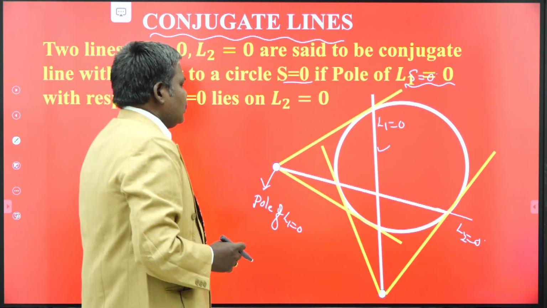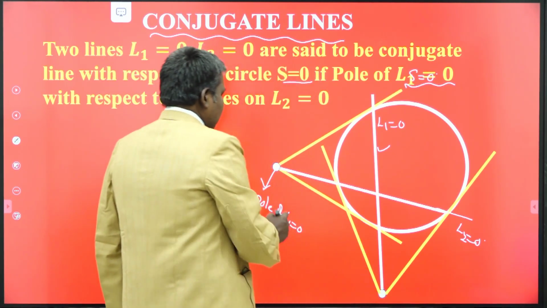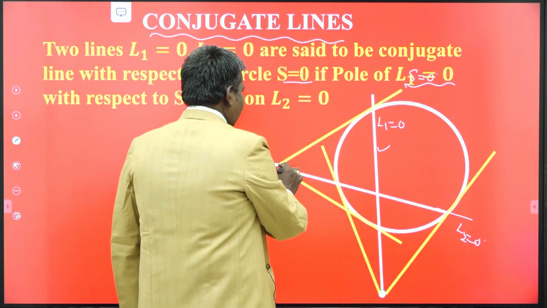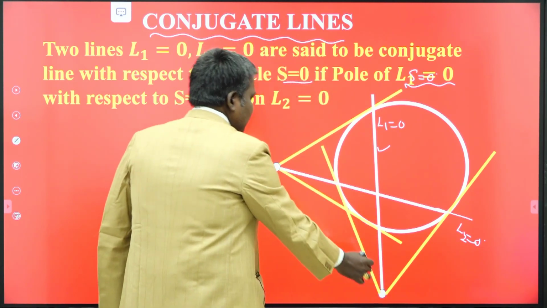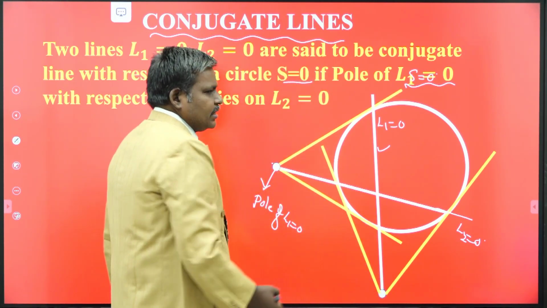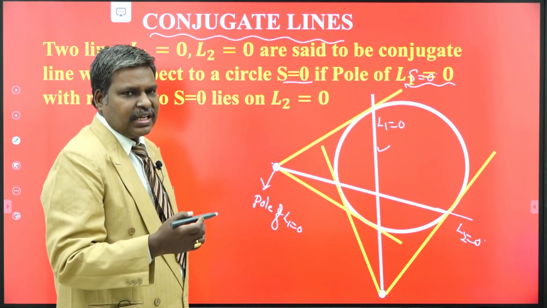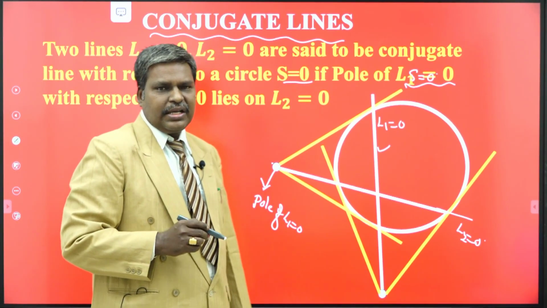Dear students, observe whether these two points are conjugate or not. Here, this is the point, and this is its polar. The polar of the point passes through the other point. In this case, we say that these two points are conjugate points. We mean the polars of conjugate points with respect to a circle are themselves conjugate lines to the circle.